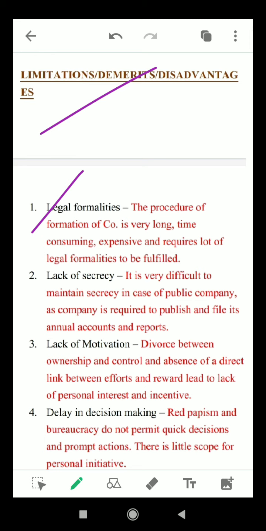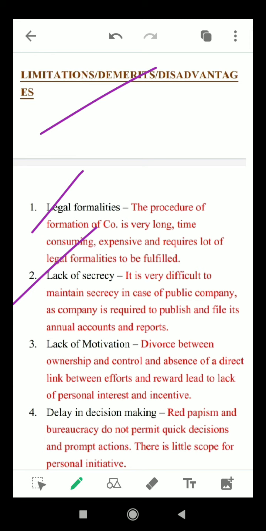Just like when you apply for any job or register yourself in any school or any place, you have to follow lots of formalities. So same thing, if they are going to incorporate their business, they have to go through lots of legal formalities, and the shares will have to be sold during the particular time also. And the promotion of the company is both expensive and risky. Okay, it is very risky.